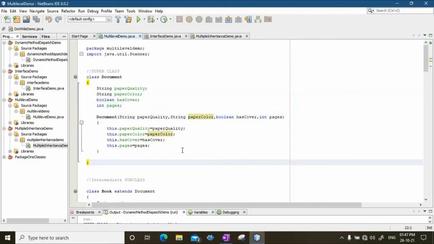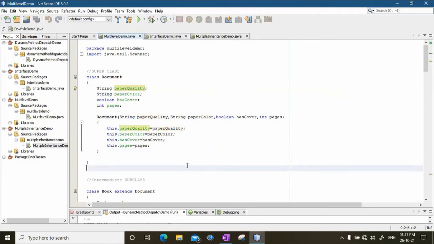But what is happening here? Just to avoid confusion, I wanted to keep the same names as the attributes of this class. So this paper quality is just a name, but it actually refers to the paper quality attribute of the class called document. Okay, and that is why when I write this dot paper quality equal to paper quality, it tells me that the paper quality on the right hand side here is basically a formal parameter that is passed.